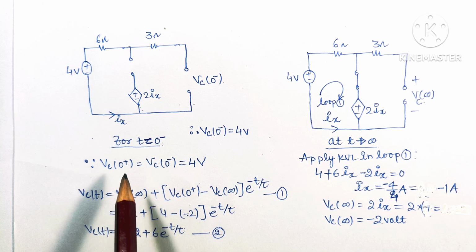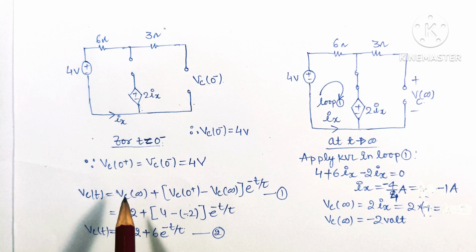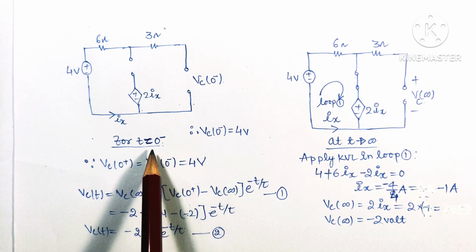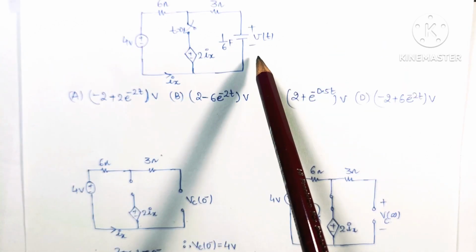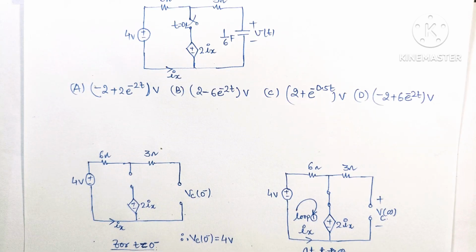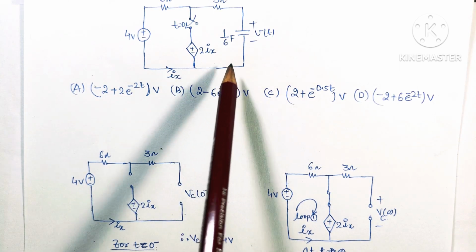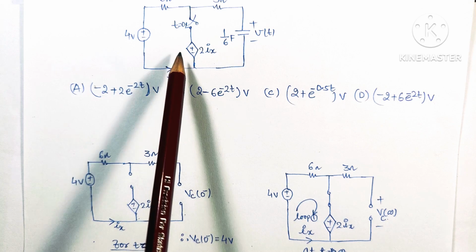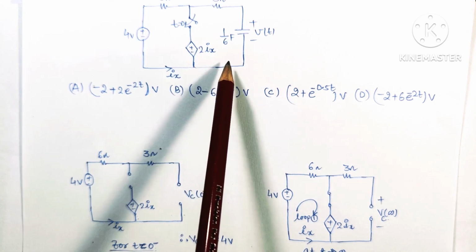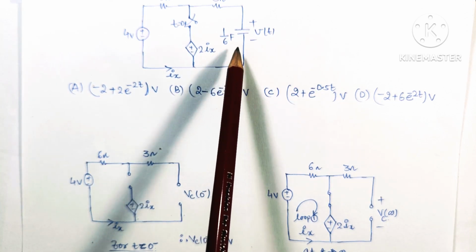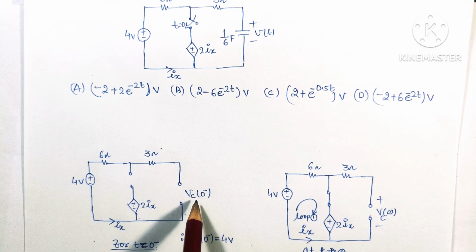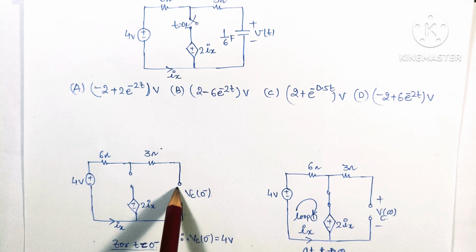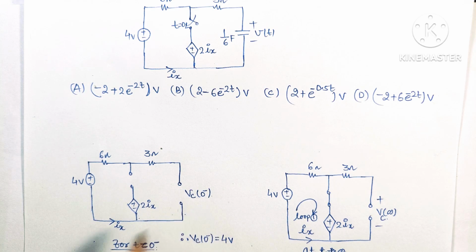First of all, we will draw the circuit for the time just before switching. Here t equal to 0 minus is the time just before switching, and at this time we draw the circuit of the given question. We can see that a capacitor is connected. So for t less than 0, from minus infinity to t equal to 0 minus, this capacitor will charge and come to steady state. At steady state, this capacitor will be open circuited, and we assume that the voltage across it at t equal to 0 minus is Vc(0 minus).